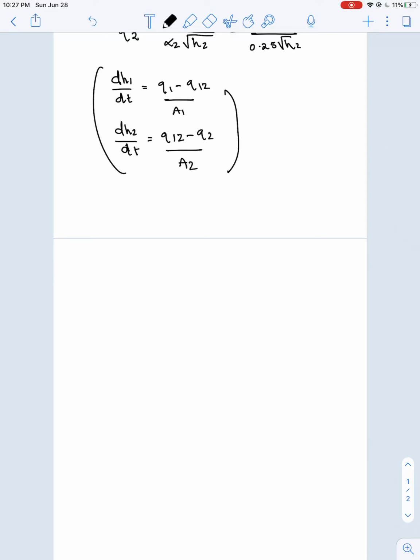These two differential equations represent the change in height over time for the two tanks with the fluid flow scenarios described. And from here we can take different values and write some Python code to solve